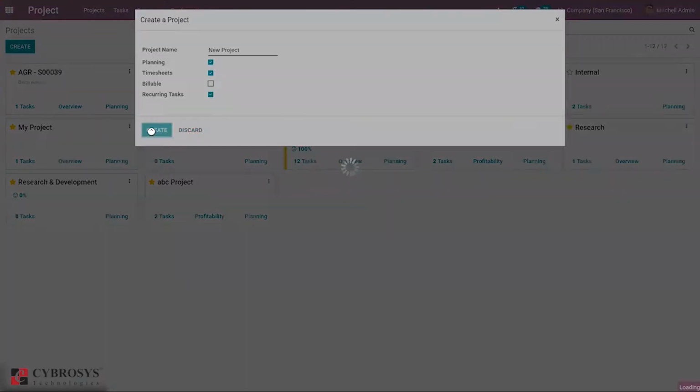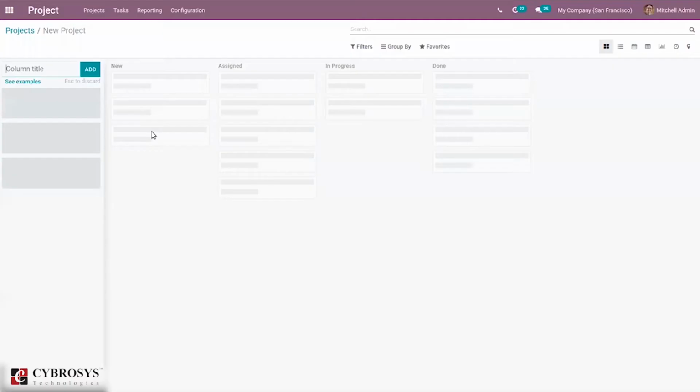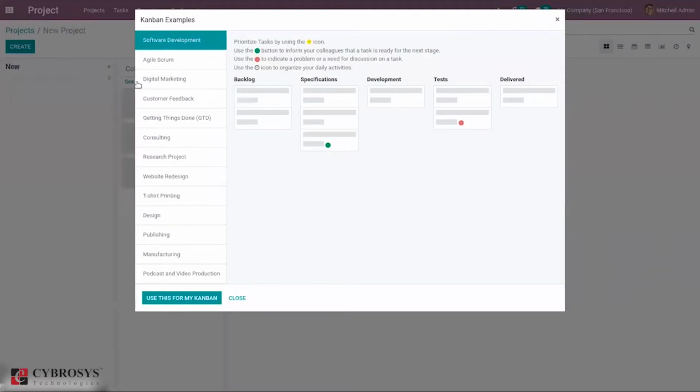After this, when you create the project, you can see a page to add stages for your project. So I'm going to add stages. Click add. One thing you can see is that when you click on see examples, some suggestions will be shown for the stages, like software development, consulting, research project, design and all.